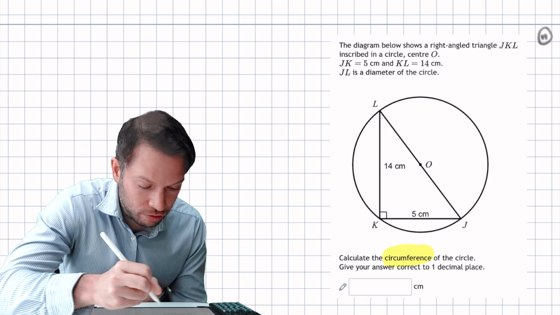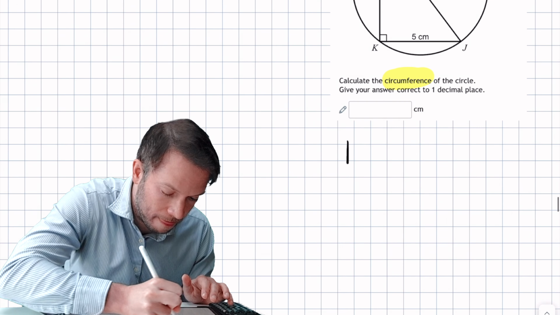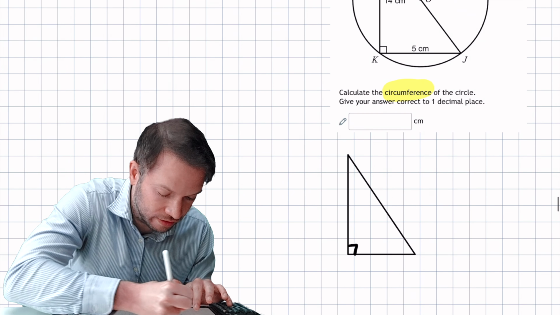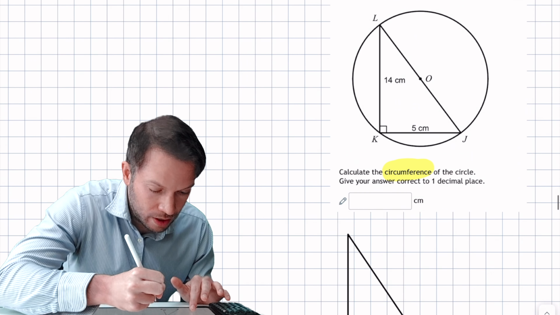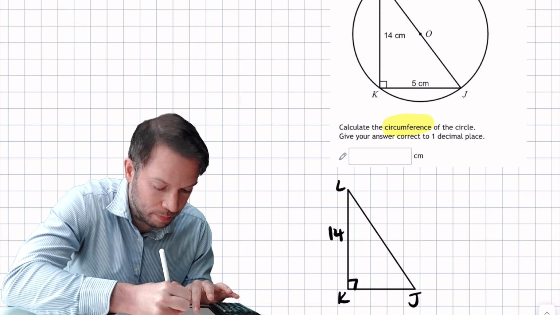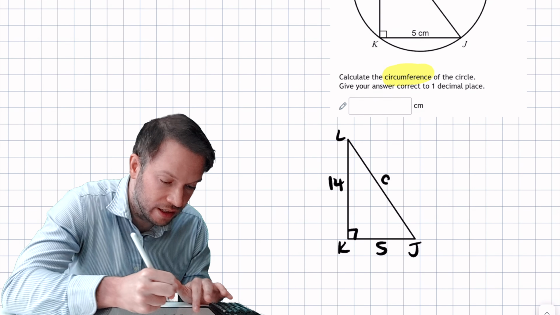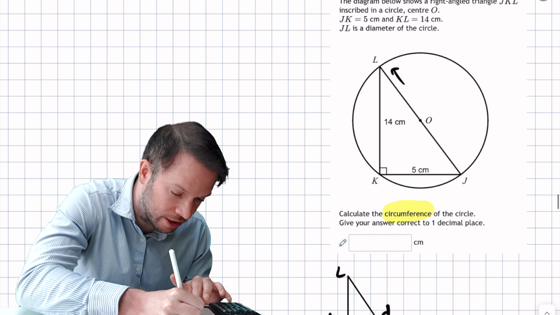Now if we just draw out that triangle separately, we've got, so this is K, this is J, this is L. We're given this is 14 centimeters, at the bottom we have 5. We could find this diameter D, which is this length here, the diameter,